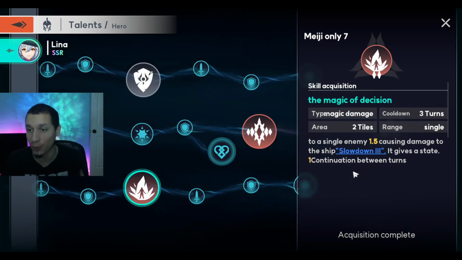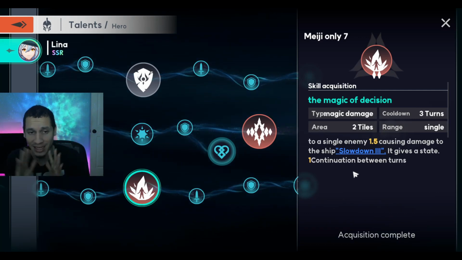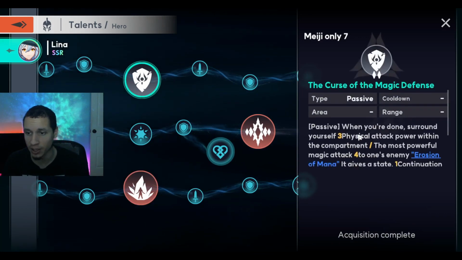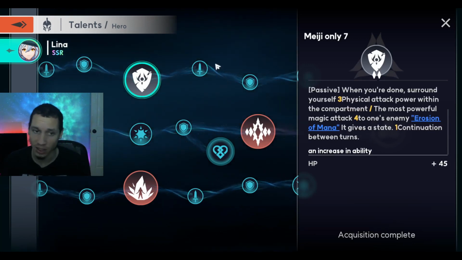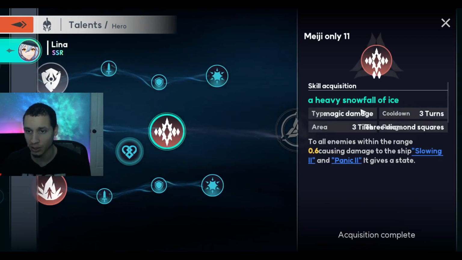So it's kind of wild, and you can really control the field on top of her mobility. It gets really insane with this character. We also have a passive ability here where she's going to be decreasing the magic defense of someone that's around her. That's going to be continuous, but then we also have her ultimate here, which is called the Heavy Snowfall